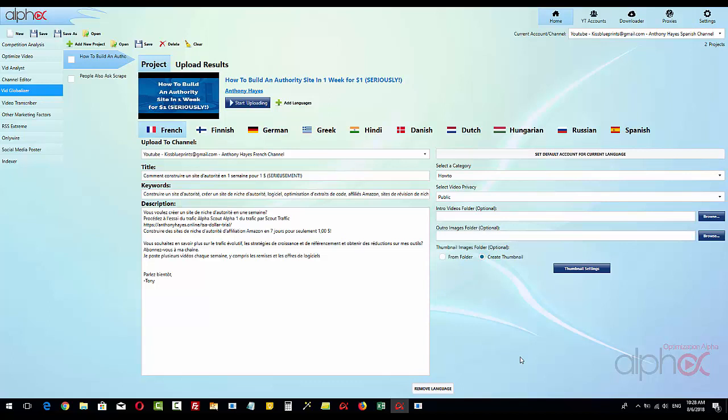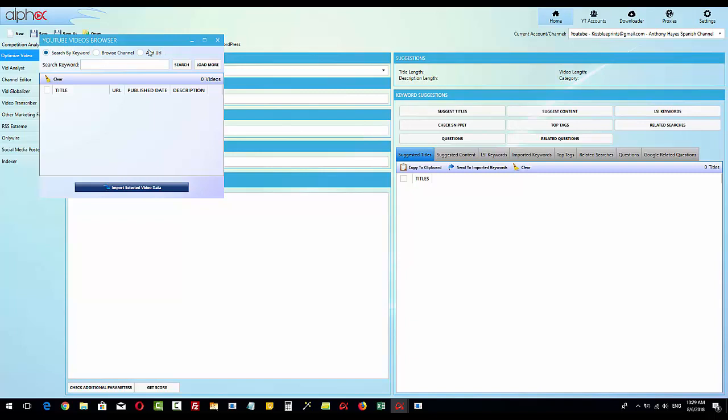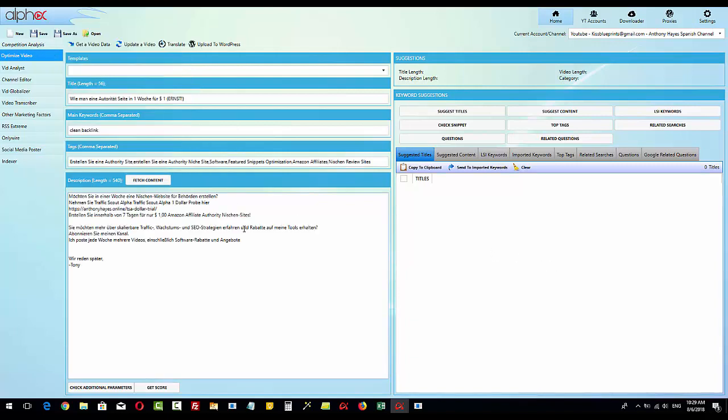It doesn't look spammy, it doesn't look messy as it would do if you put it into the same channel with all those different languages, because we don't need to do that. If we want to do 100 languages, then just use the optimization tool in here. So if I take a video, for example, let me just grab this video over here, and basically I can click in here to choose a URL. This is some extra bits we've actually put in this tool for the old Optimization Alpha. But if I click in here and I click here and import the selected video data,